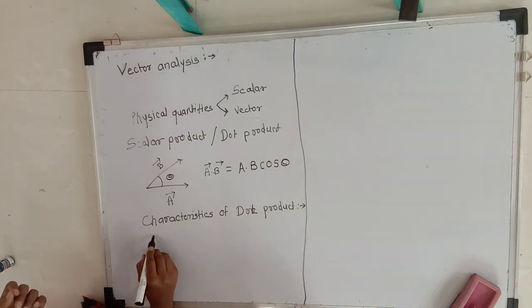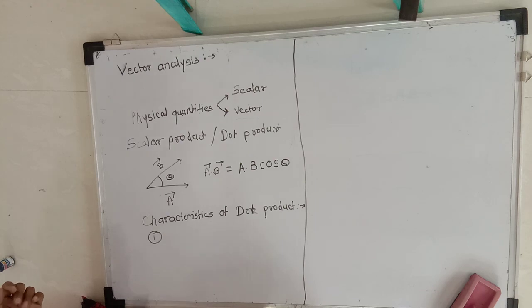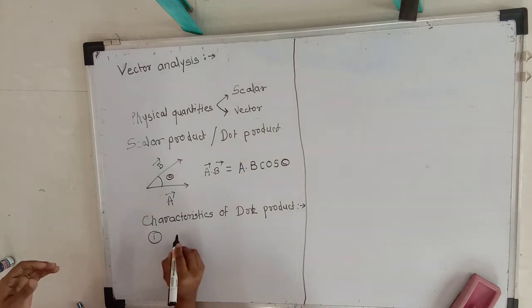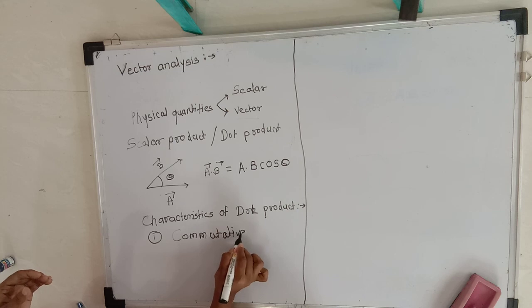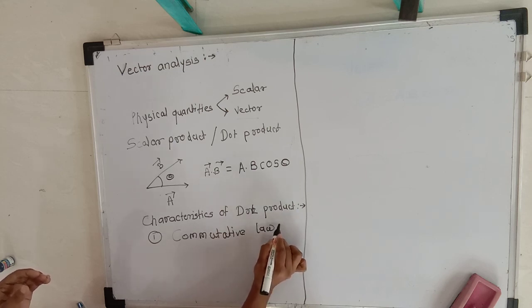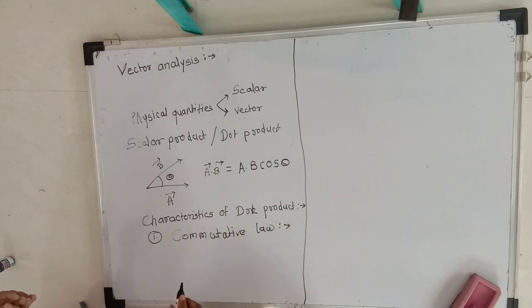The first property of the scalar product is that the scalar product obeys the commutative law. What is a commutative law? See, suppose A bar and B bar are the